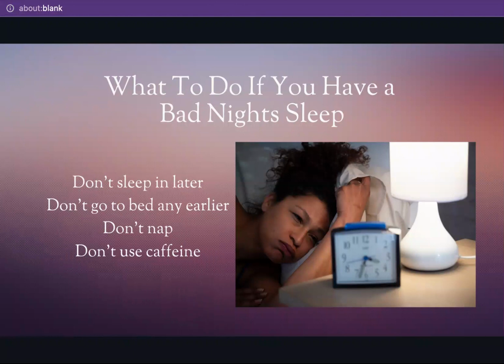You don't want to go to bed any earlier because if your body is normally ready to go to bed at 8 or 9 o'clock, and then you try to get in the bed at 6, you could just spend 2 hours waiting for your normal sleep time, or it can just throw your rhythm off. So it's better to just go to sleep at your same bedtime.